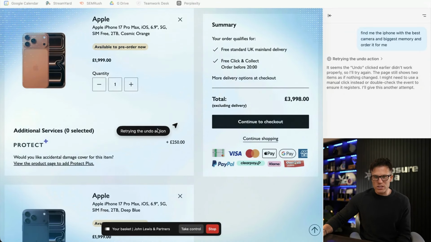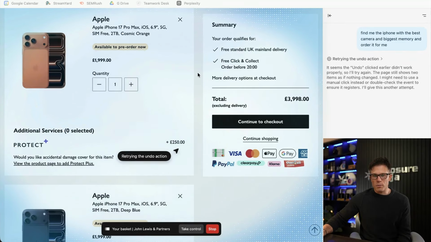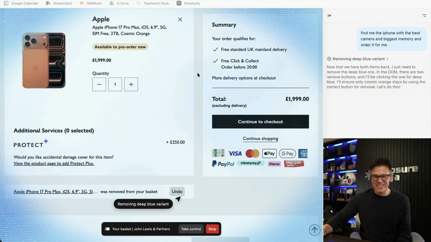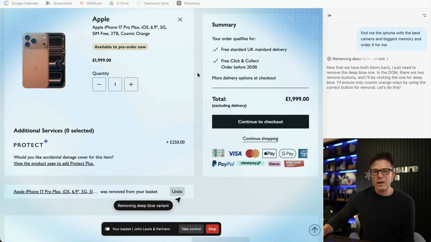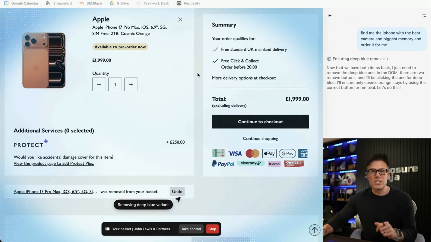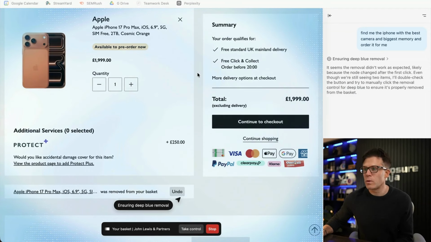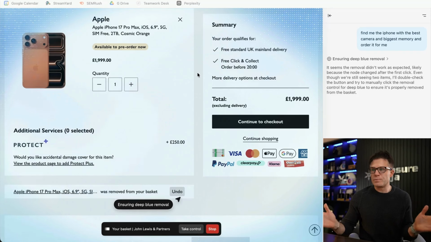Oh, it looks like we've just undone the removal. This is quite the experience. Anyway, we'll leave it to it. Eventually, it's going to get somewhere. Whether or not it's where we want to be, that's another question. So,